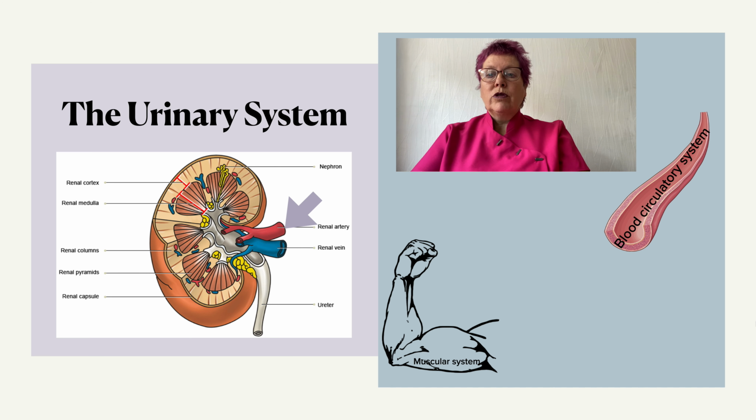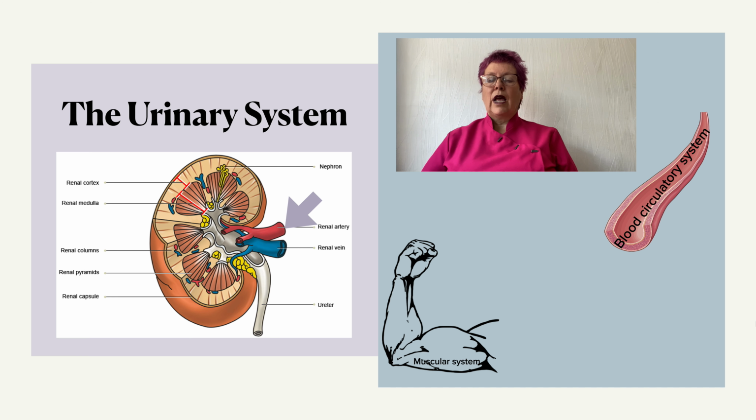a hormone called antidiuretic hormone is produced by the endocrine system, and this has the effect of telling the nephrons to reabsorb water, not to excrete the water as part of urine, to hang on to it for the body because there's not enough in the body, there's not enough in the blood. So again, balancing out blood pressure. When there are normal levels of water in the body and in the blood, then the production of antidiuretic hormone stops and the nephrons are able to take up the water and excrete that excess water as part